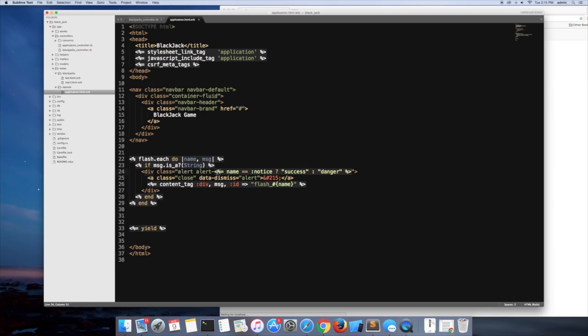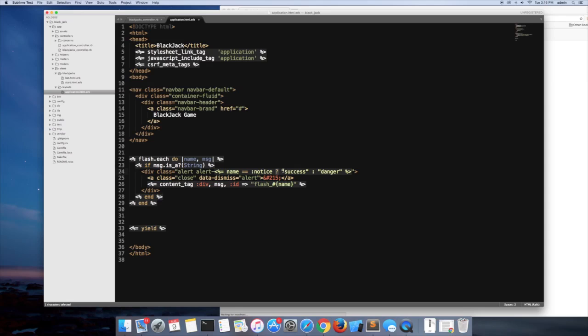Oh yeah, okay. So this is the alligator sign, which means it's Ruby code, and since there's an equal sign right there after the alligator sign, it means that whatever is inside gets printed out on the outside. And in this case, if you don't know what this is, it's an efficient way that Ruby makes an if statement. So if you don't know what it is, it's the same exact thing as an if statement, except it's written in a different format. So it's saying if name equals notice